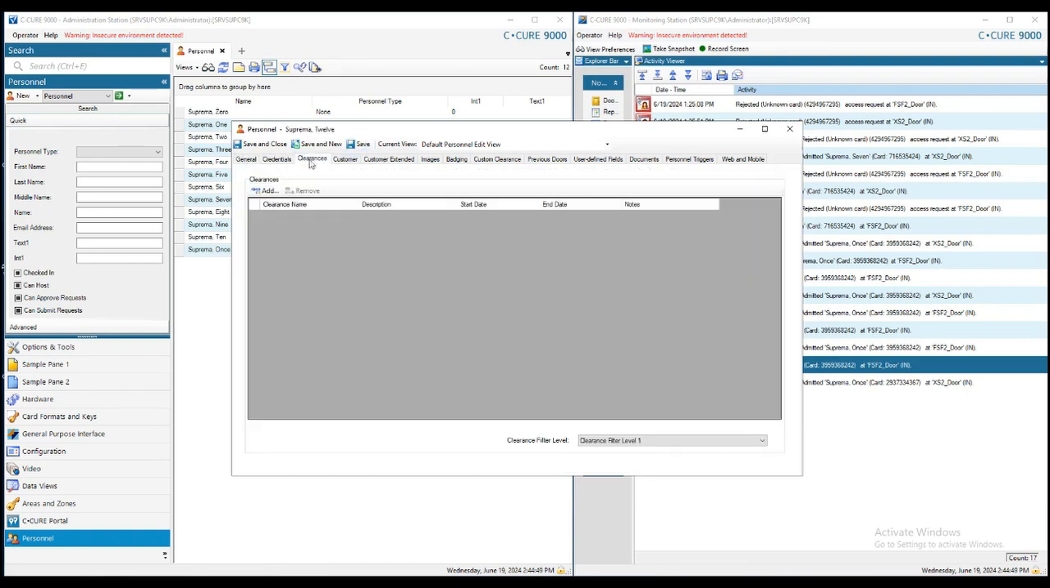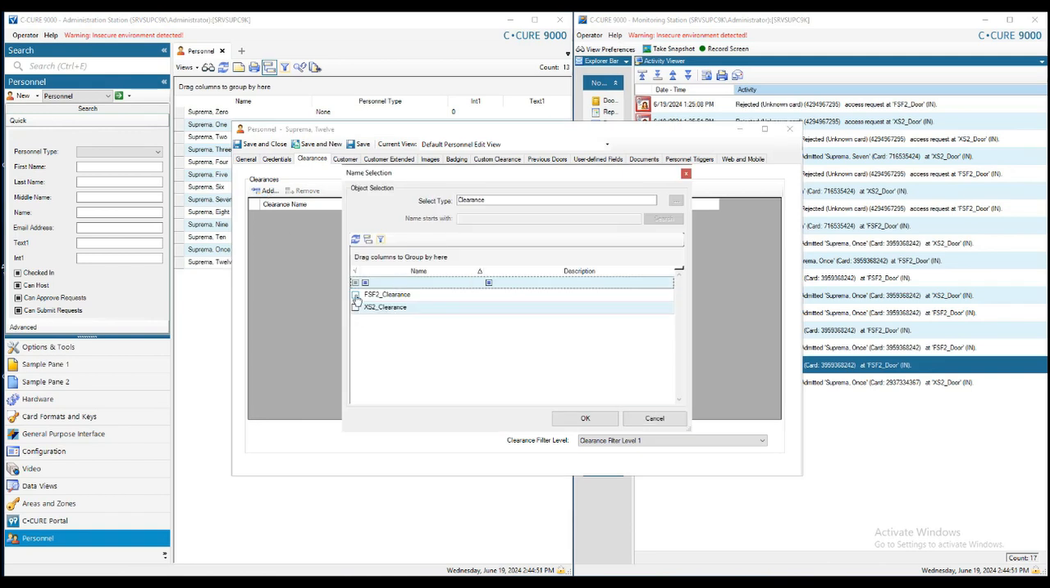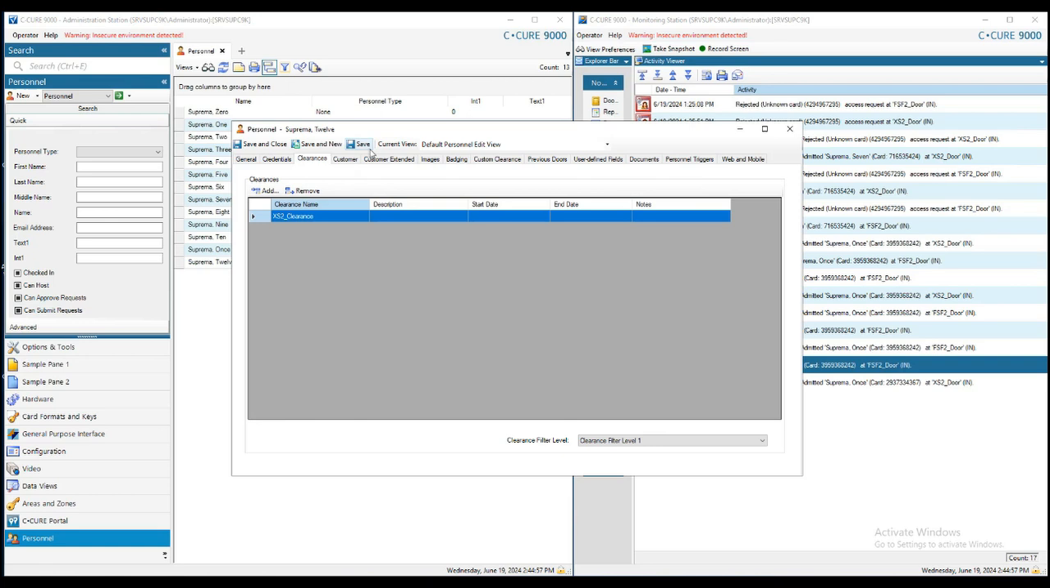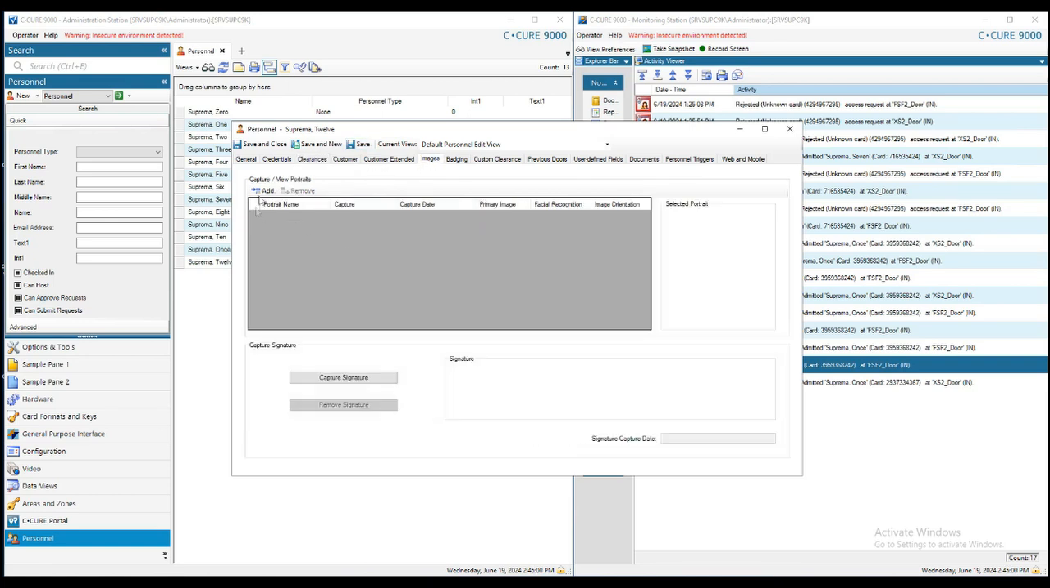We will enroll a credential from Suprema devices, and the first step is that we will test only with the clearance of the Access Station X2. We save the data here. We do not have any facial data yet, and in the current view we'll be selecting the Suprema Biometrics Enrollment